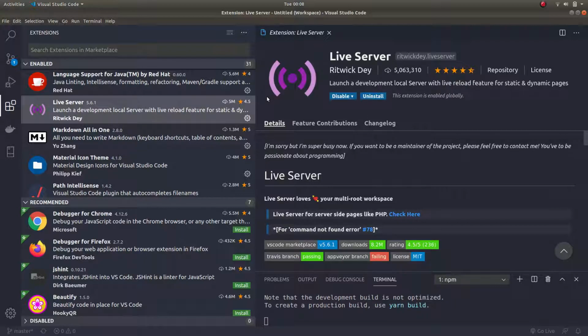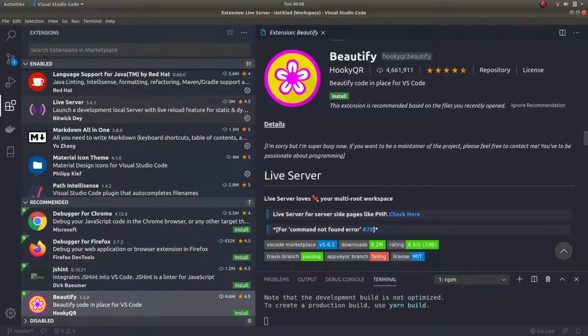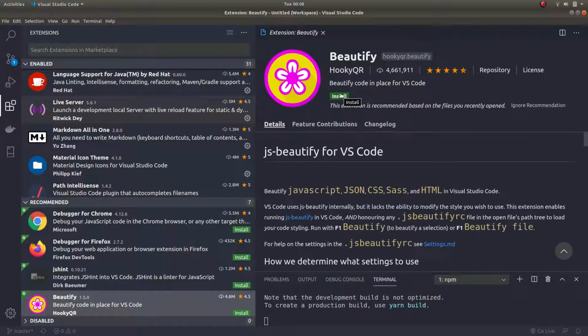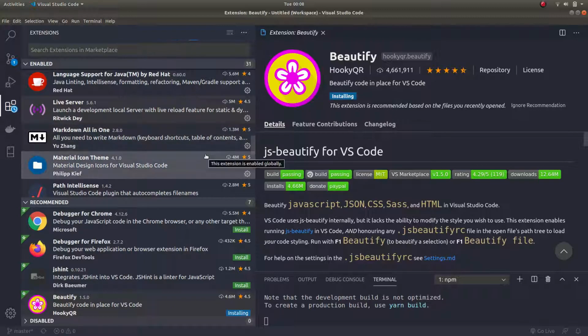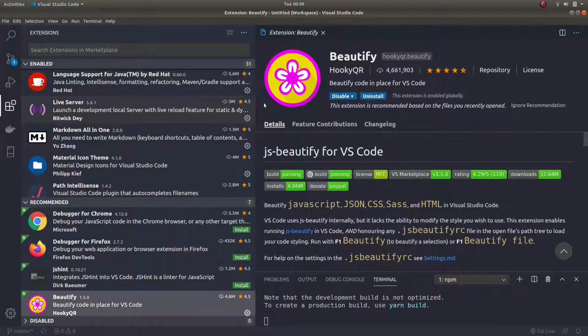For installing an extension, it is very simple. Just click on that particular extension and you will see the Install button on it. You have to just install it and nothing else. Like I am installing an extension Beautify, so I will just click install and it will be installed and added to my extensions. Alright, you can see it is being installed. Alright, so you can also change the theme